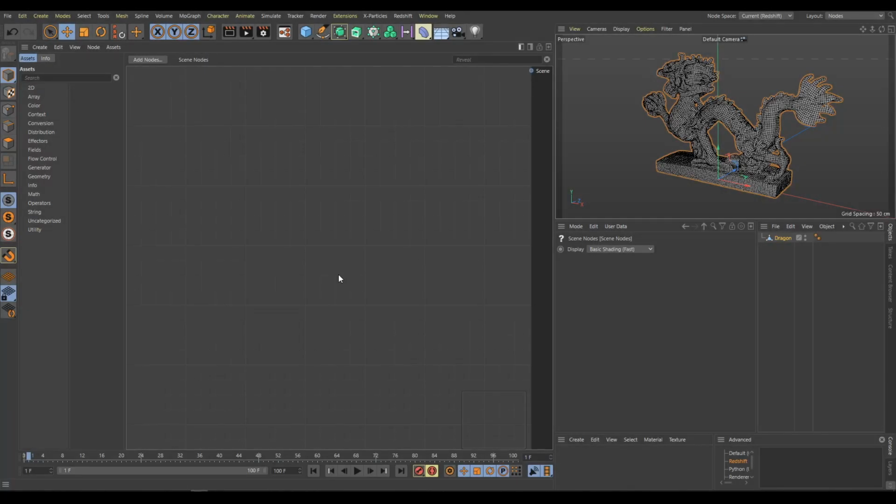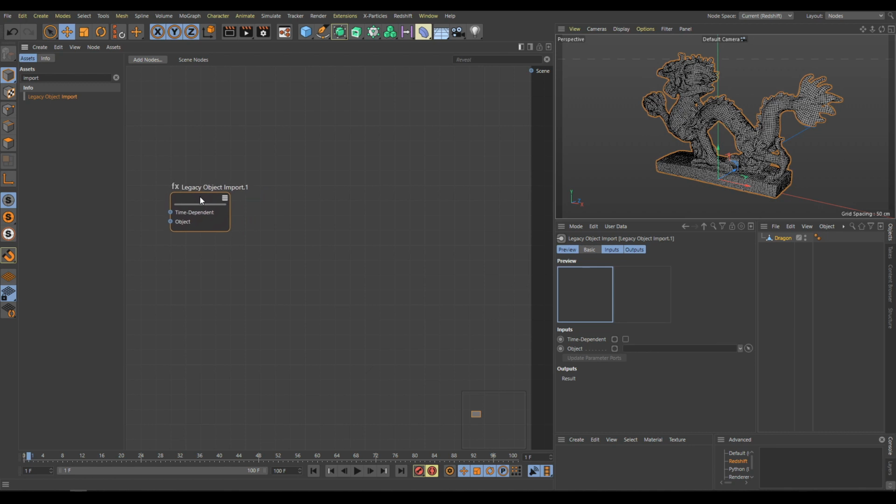In this example, we will have a look at noise or random selection. In the object section, you can see the imported dragon model. As I explained already in the previous example, if I would like to use models from the object section inside the scene nodes editor, I have to use the legacy object import node. As a next step, I will drag and drop the dragon model into the object field, and I will activate the update parameter